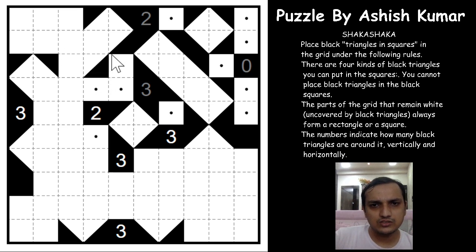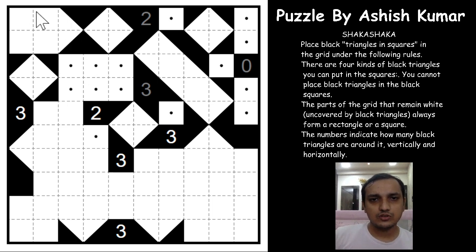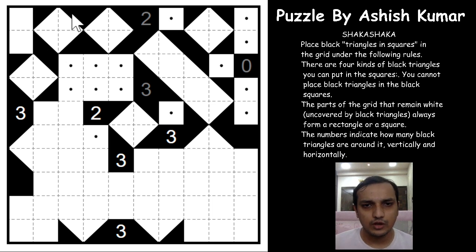Again, if we extend this triangle to form a rectangle of white areas, we have an L shape here, so it will stop here and continue this way. Again, if we have this here, you don't form a rectangle or a square, so this will stop here, right? So these 6 cells are unshaded now. So what happens if we unshade this cell also? It is not possible, because the white area is not a rectangle or a square. So this area will have 4 triangles to form a square.